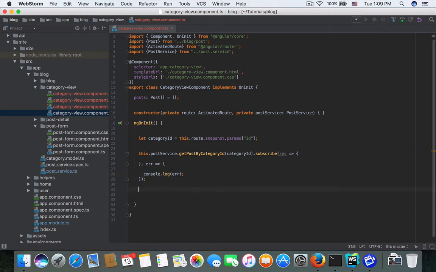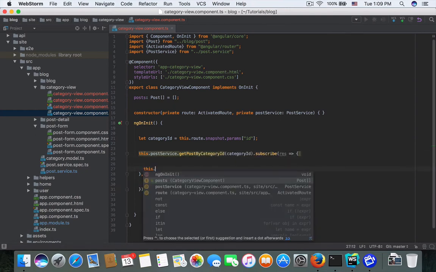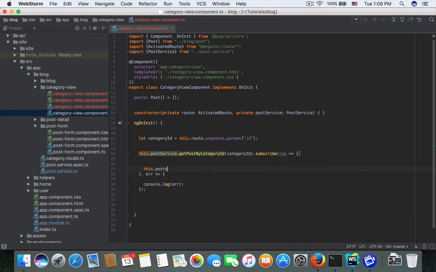Remove that. So this.posts equals response. Okay, so we have the posts, and now I'm going to loop over the posts